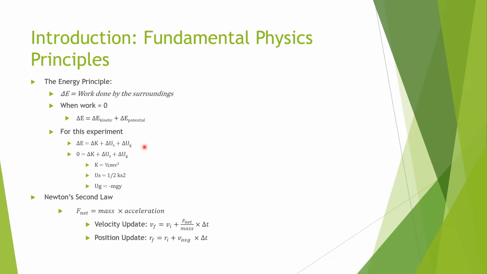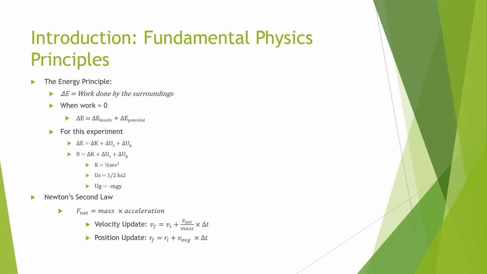For this experiment, in addition to kinetic energy, we are discussing spring potential energy and gravitational potential energy. We have here our kinetic energy formula, our potential energy formula for a spring, and our potential energy formula for gravity on Earth. For Newton's second law, it's the usual force equal to mass times acceleration, and the velocity and position update formulas can be derived from that, and that's what we use in our code to create our